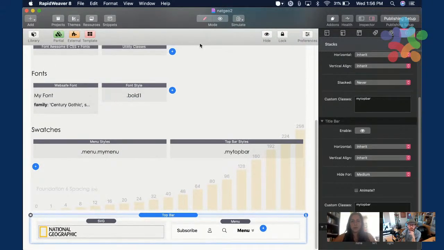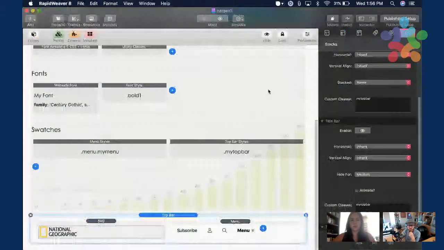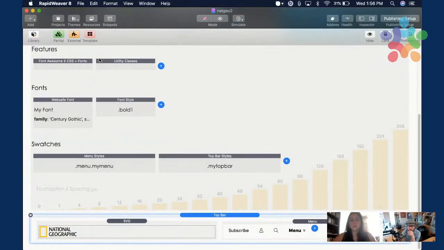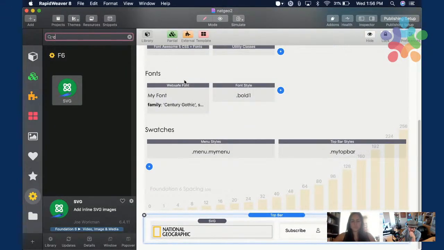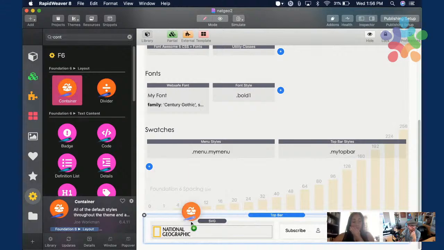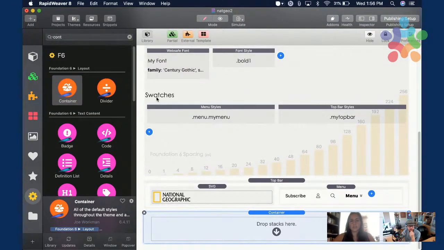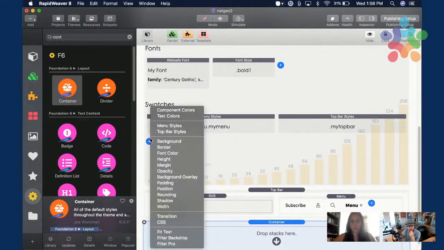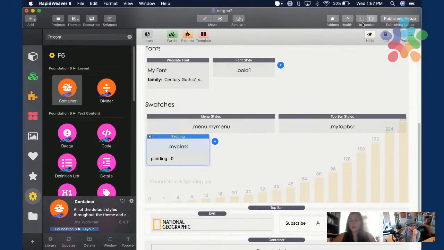So after the top bar, we have latest stories, and it's a black background. So we're going to be using the alt colors here. So I'm going to drop in a container first. And just before I start using this container, I'm going to add another swatch that I usually add in all my projects with a padding setting.